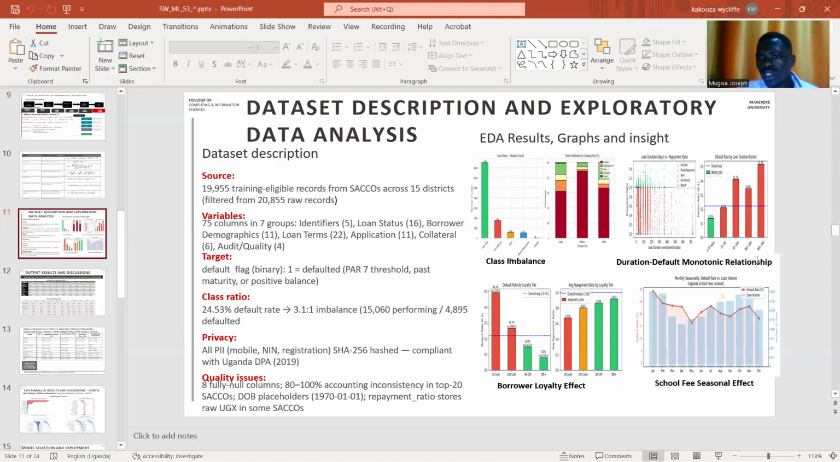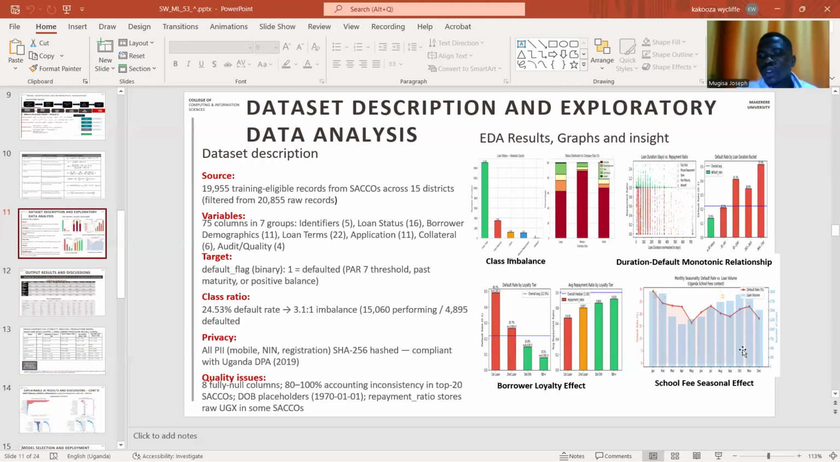So we also have the relationship which shows us duration and default. It's not overly monotonic, but it gives us a clear correlation, whereby loans that are borrowed for few days have a low default rate, but as the number of days increases, the default rate also increases. Then we have the loyalty effect, whereby you can see first-time borrowers have a high default rate for the first loan, and then those who are borrowing for the sixth time, labeled in green, have a very low